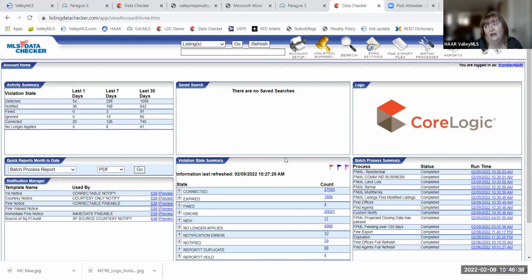And lastly, correctable violations. Most common for sure. You get 3 days to correct before you'll get a fine notice. In most cases, you're still not going to get fined after that fine notice. It's just, we really want you to correct the listing before it's closed out. If it does get too far and it can't be corrected, because it's closed, or if too much time has passed and we haven't gotten anything back, like there's no maintenance on the listing at all, fines can be imposed for correctable violations as well, but we really try to avoid it.